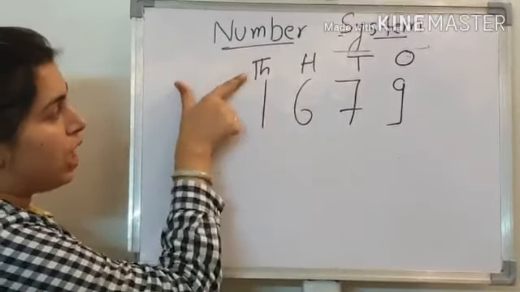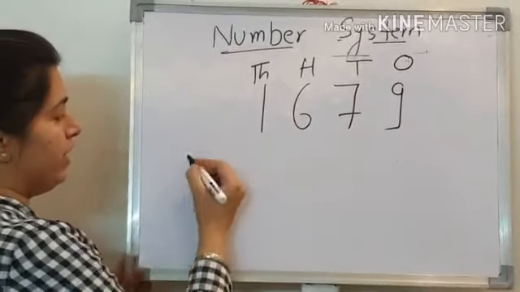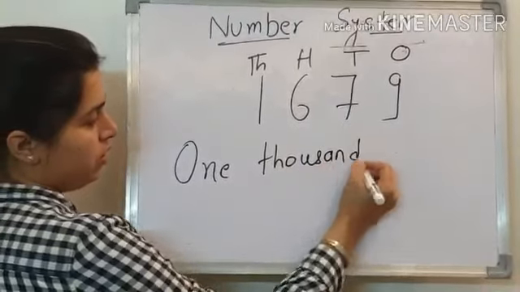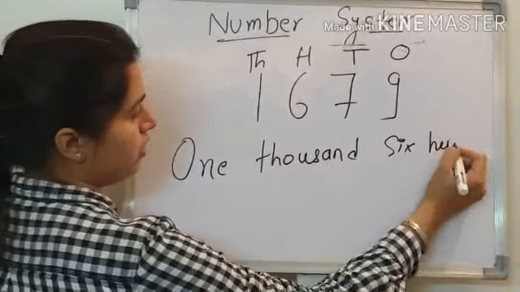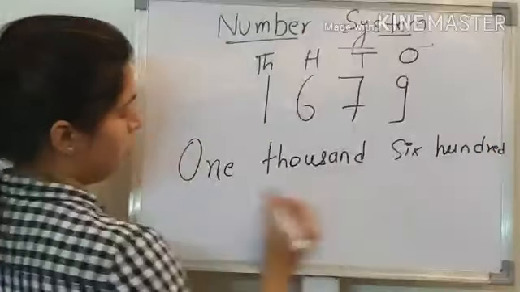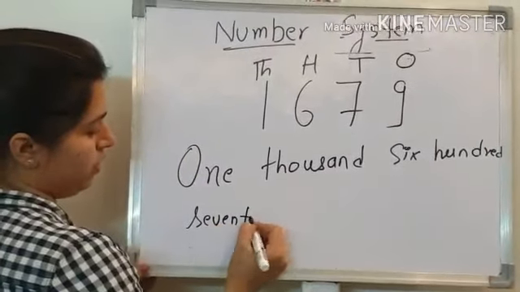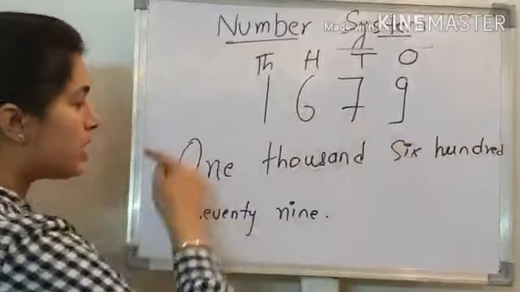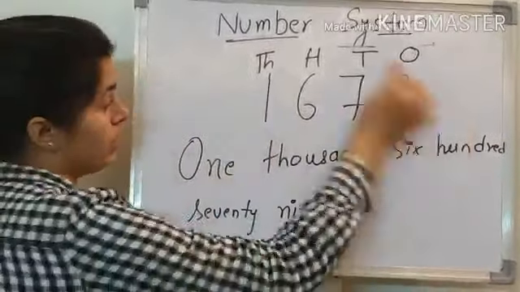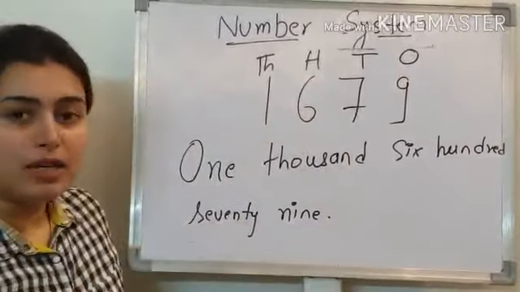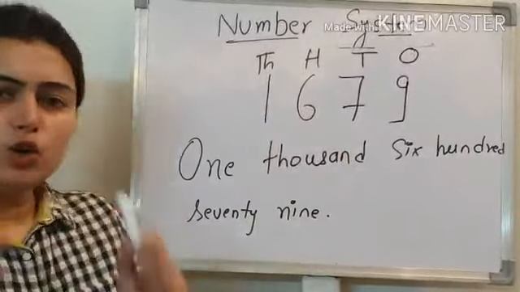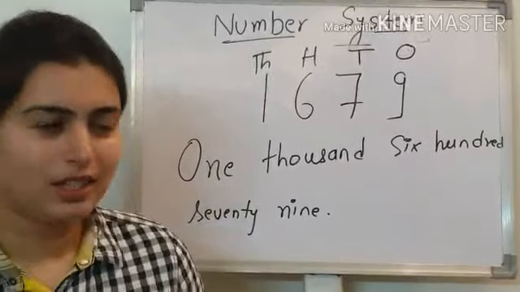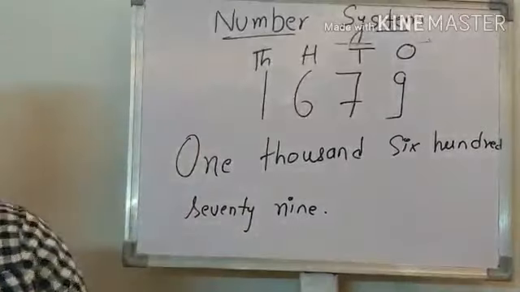So this is 1679. So we can say that this is the number name of this number. I hope you are able to write the number name of any number. Yes students? Okay. Now after that, the topic which comes is